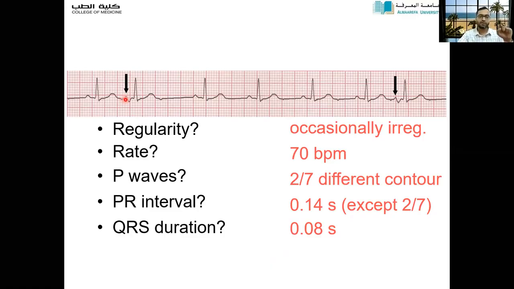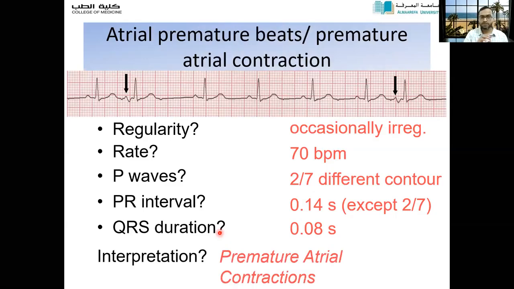It means that they are originating in the atria only, because you can see the shape of the QRS. After this abnormal-shaped P wave, the QRS is narrow. It means that the beats are not originating in the ventricle. They are originating in the atria only. And throughout the ECG, only occasionally you are finding this defect, not regularly. So this is nothing but premature atrial contraction or atrial premature beats,